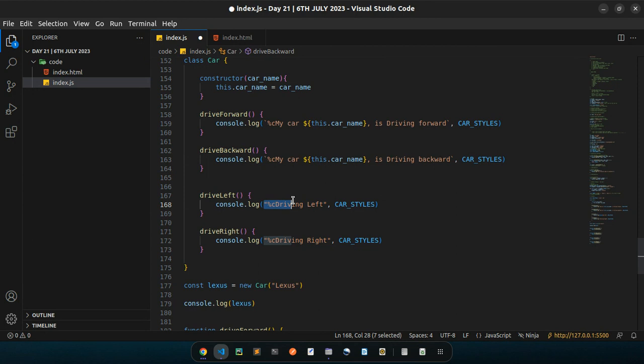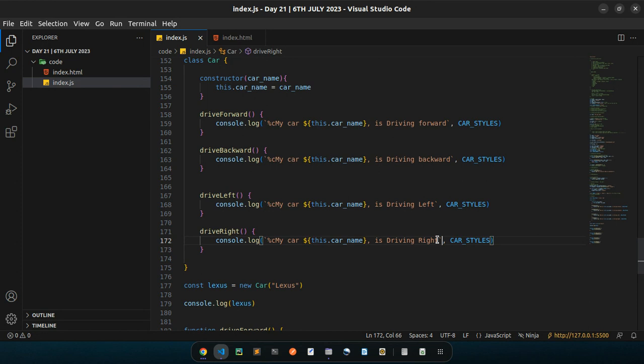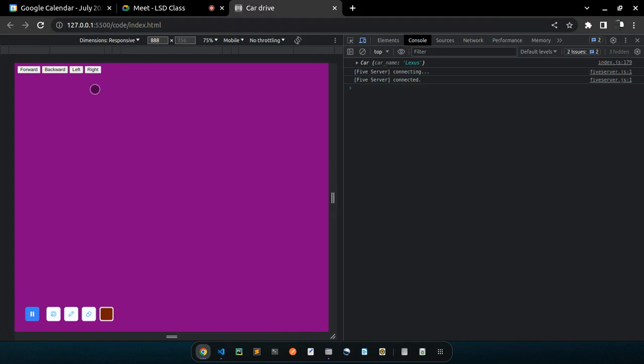Come here, do the same, up to there. And driving right, do the same. I'm ready to add that, then close there like that. So if I save that and I click backward, it's going to say my car Lexus